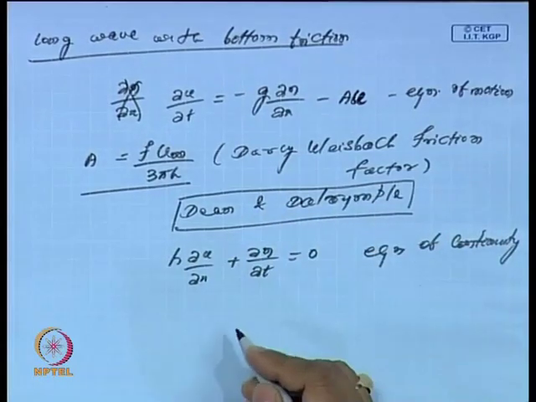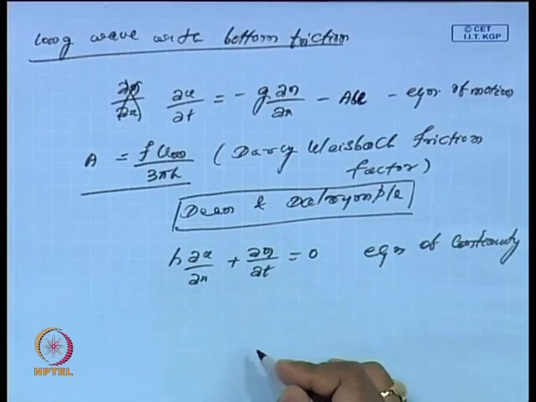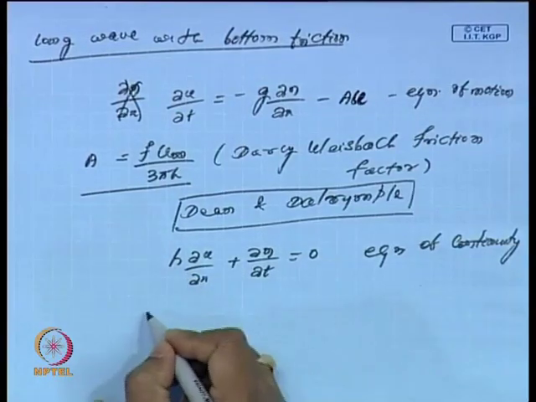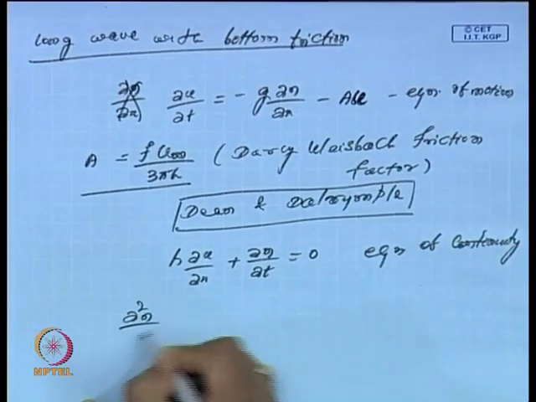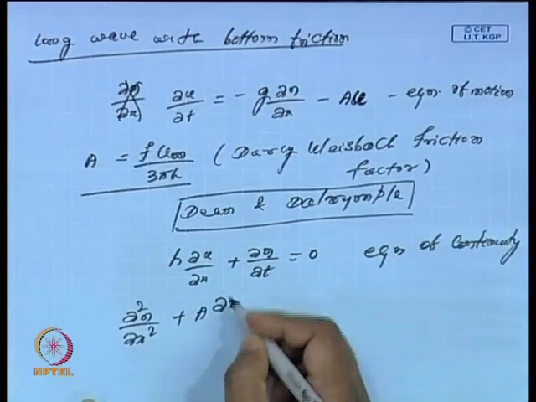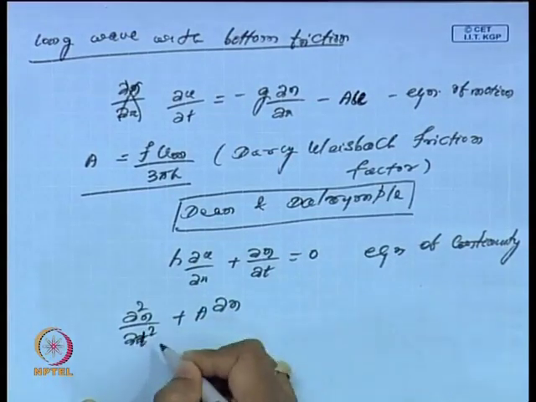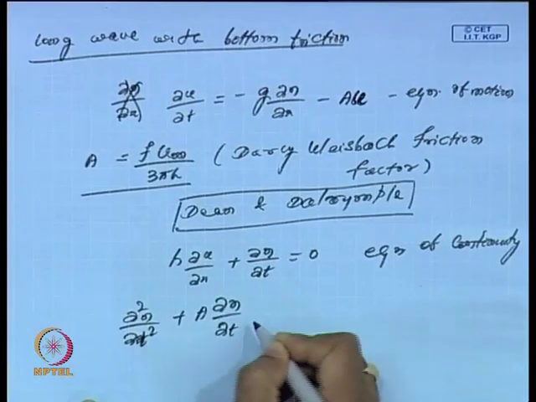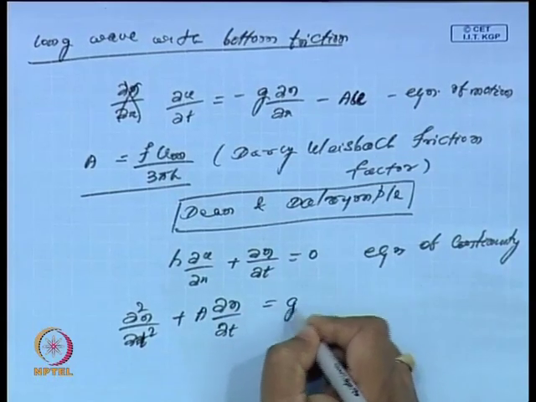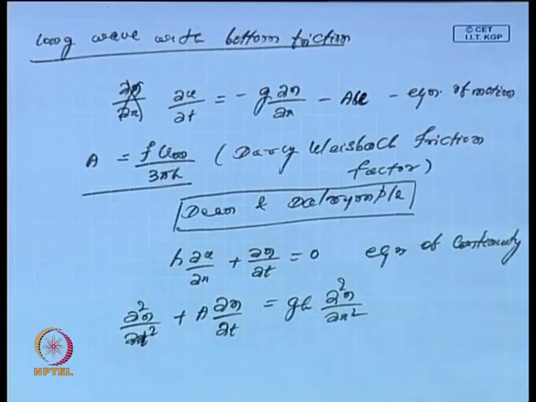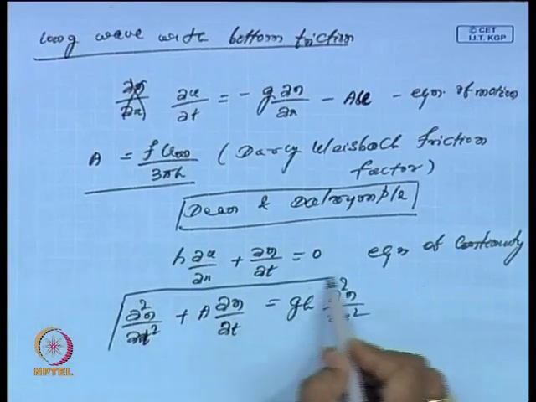If I combine these two equations, or eliminate u, that will give me del square eta by del t square plus a del eta by del t is equal to g h del square eta by del x square. This becomes my equation of motion when there is bottom friction,